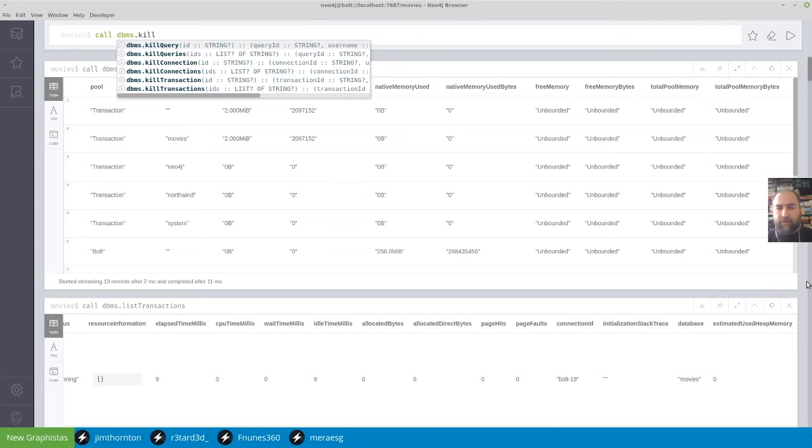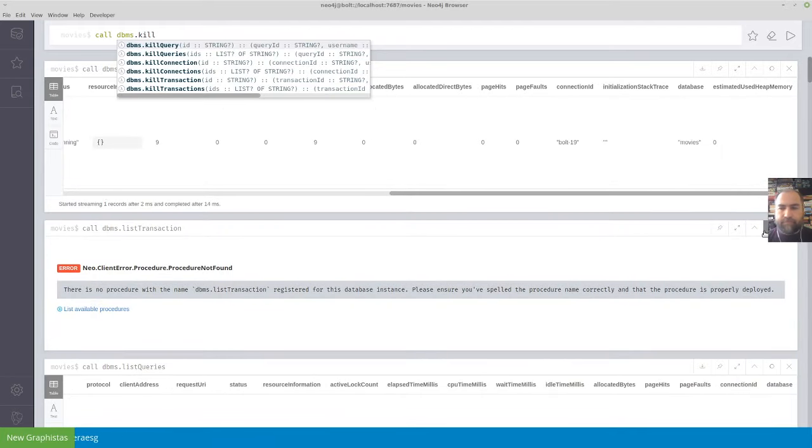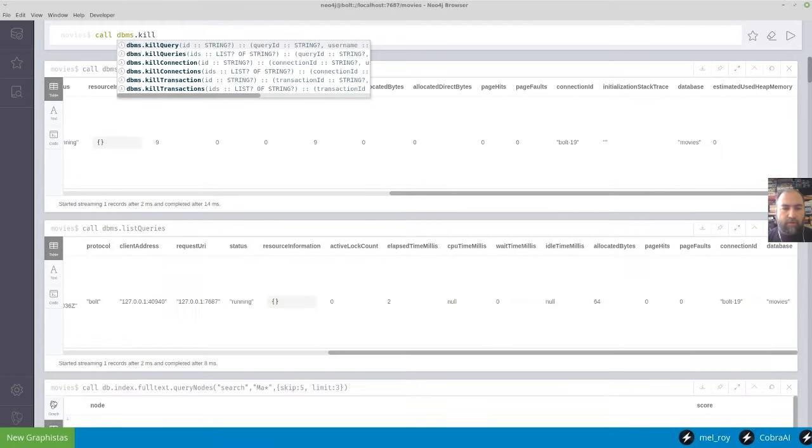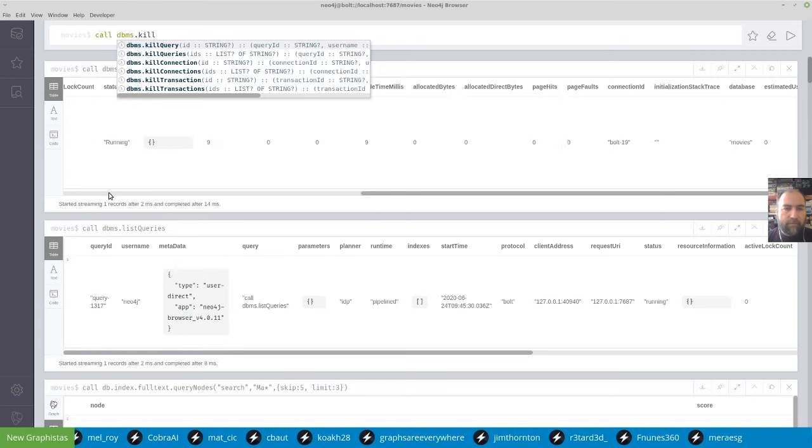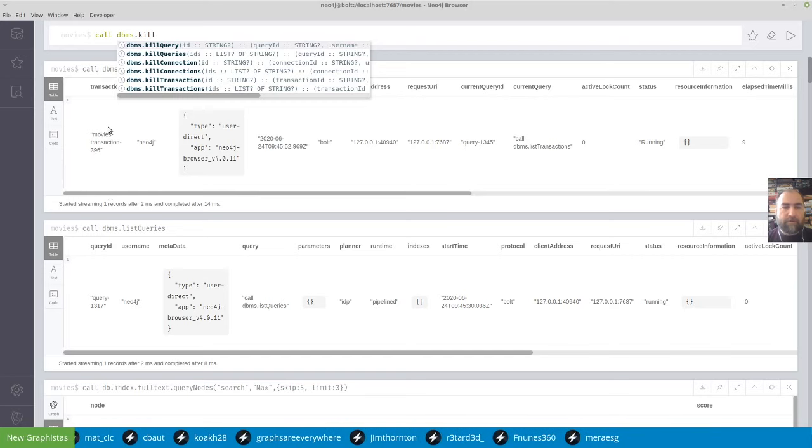So if you look at this here, you see at the beginning you have a query ID. Here at the beginning, you should have a transaction ID. And then you can use these IDs to kill a query, kill a transaction,